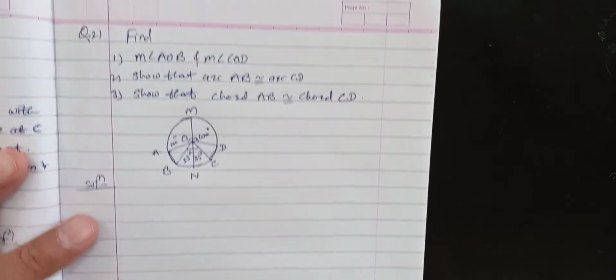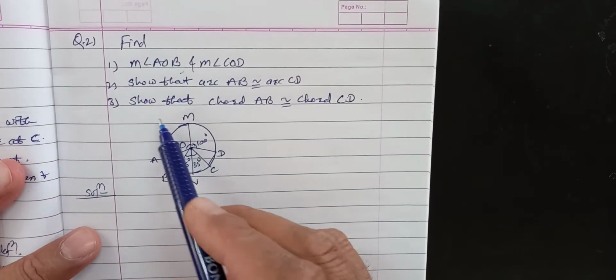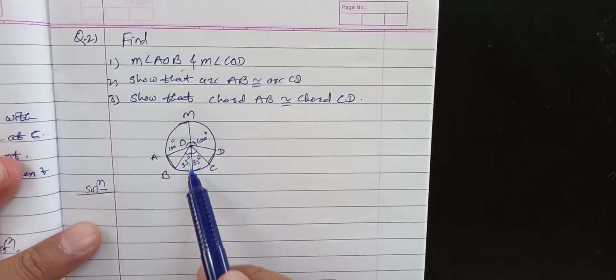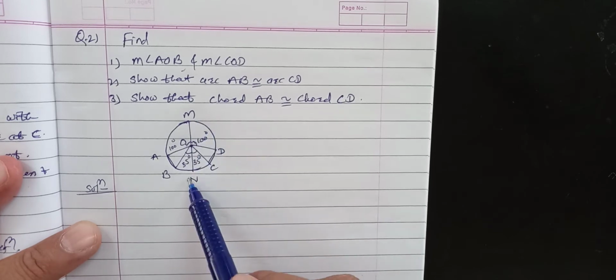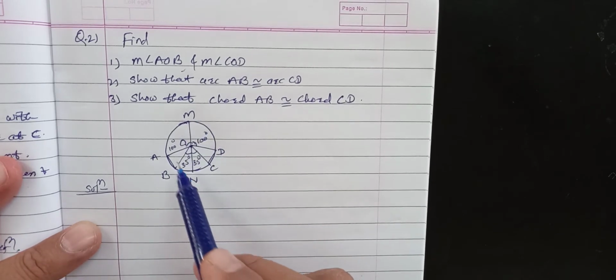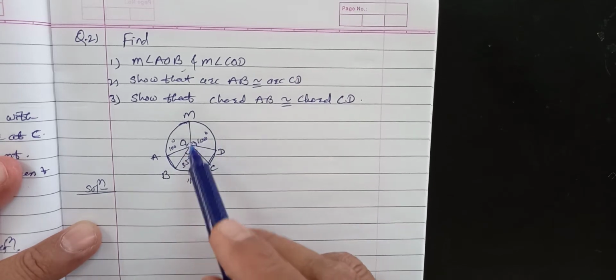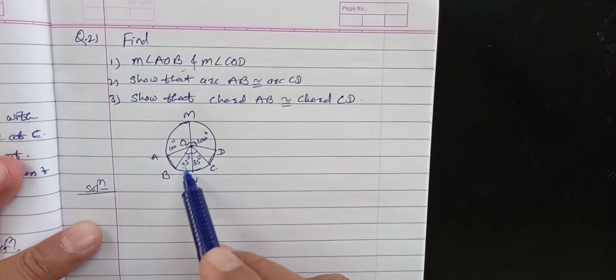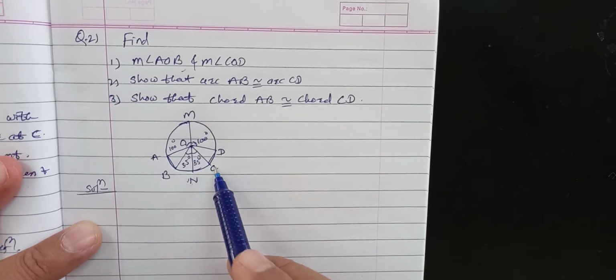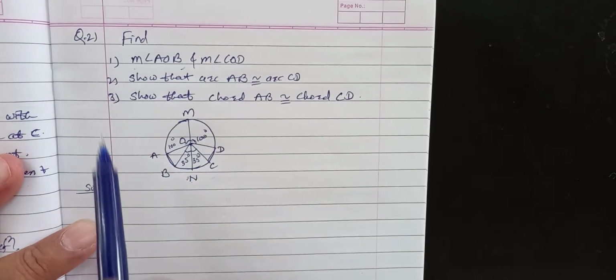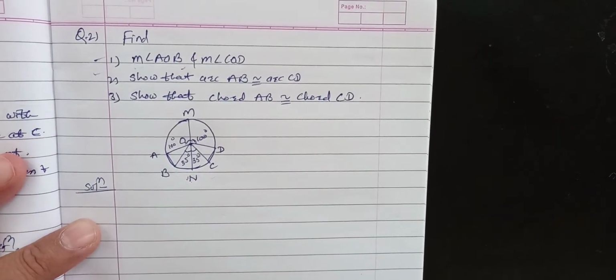Now see the second one. Here I have written only this part, find, and the remaining part is given in the book. So what do we have to find? Angle AOB. First we will see what is in the figure. O is the center, ML is the diameter of the circle. This angle is given 100 degrees, meaning MOA is 100, MOD is 100. Then angle BON is 35, CON is 35. Using these measures, first you have to find these two angles. I will solve the first and second, the third one you have to solve.